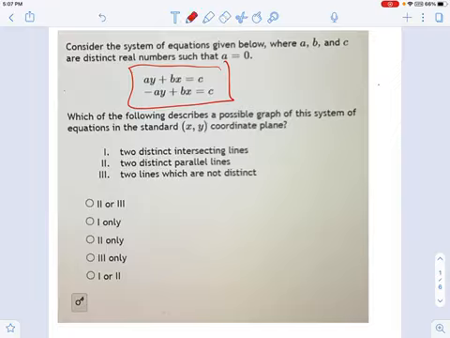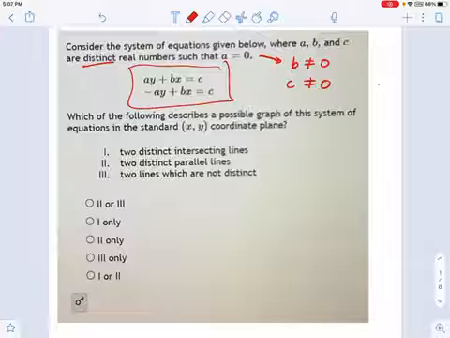I want to focus on this for a moment. That means different from each other. So if A equals 0, what that means is B does not equal 0 and C does not equal 0, because they're distinct. They're different things. And for that matter, B does not equal C either.